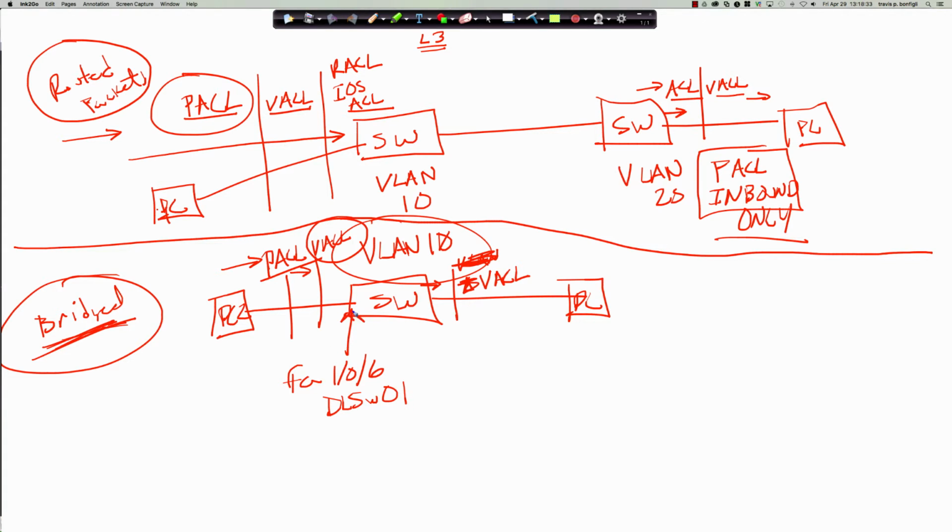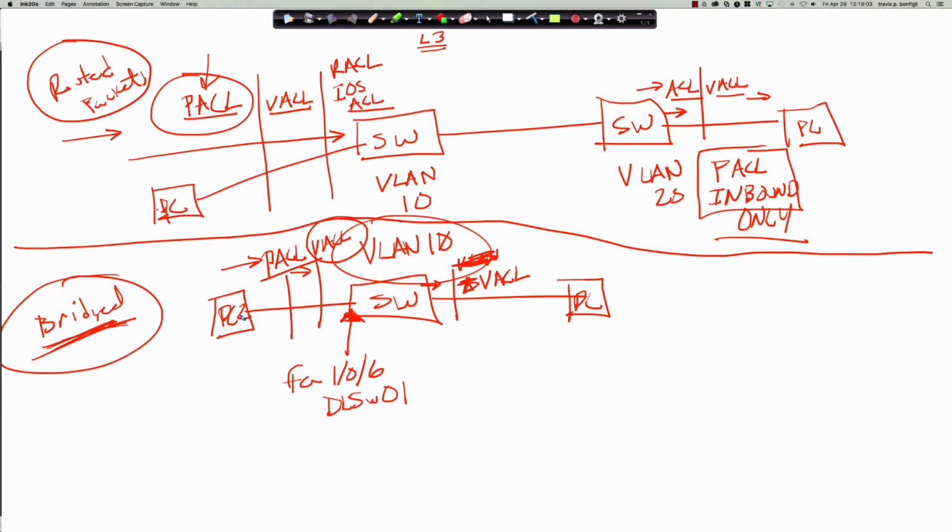We're going to put a PACL here that denies all traffic, and you're going to see that it breaks the ability of the host to ping when it was working. So again, for routed packets, packets going between VLANs, this is the order of operations: PACL, VACL, RACL. And if it's going outbound, it's RACL, then VACL, just the opposite order, without the PACL because there's no outbound